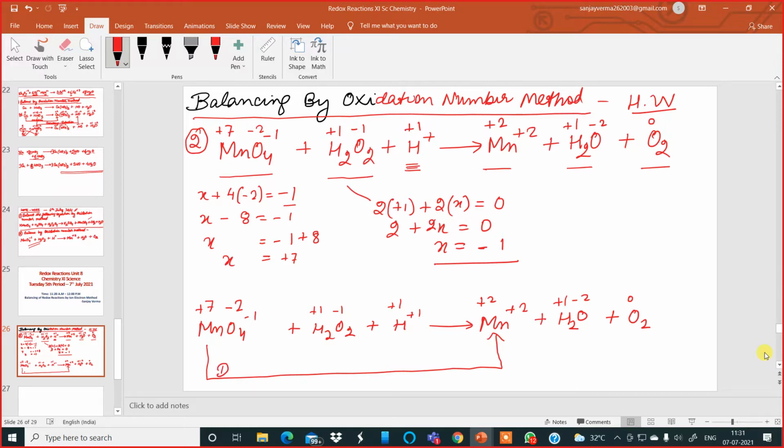So this is a decrease in oxidation number. What is this called? It is called reduction. And this reduction is possible by what? Is it gain of electron or loss of electron? I'll write over here gain of electron. Gain of how many electrons? Plus 7 becomes plus 2, so gain of 5 electrons. I write it down over there. Now I'll check for the next element whose oxidation number is changing. So let us check oxygen.